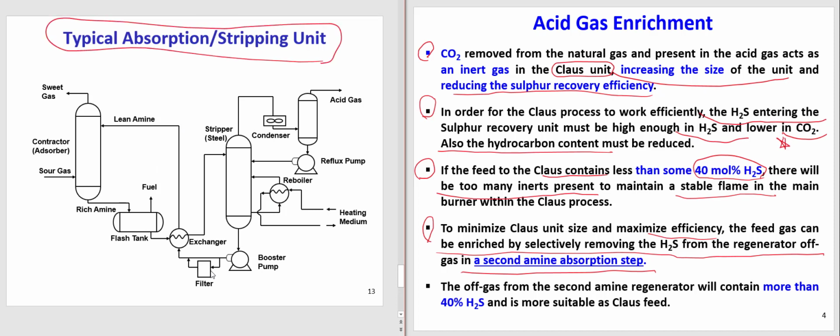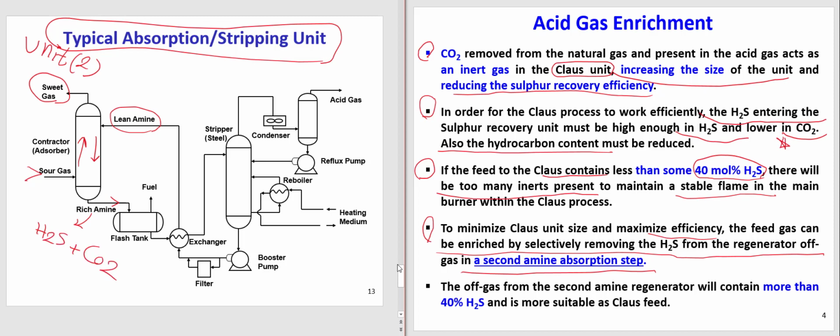We already talked about this in acid gas removal unit 2 of this course, video number 2. We already explained this unit. So you will send your sour gas to the absorber. At the top, you will receive your sweet gas. You have a counter current flow. At the top, you have lean amine. At the bottom, you have a rich amine. It's rich in H2S and CO2.